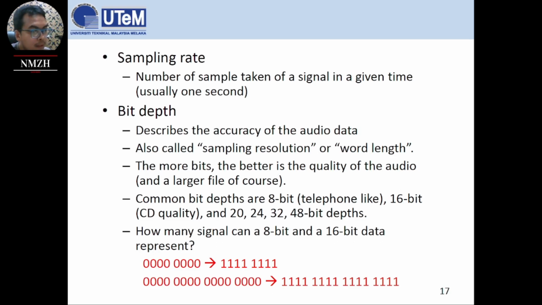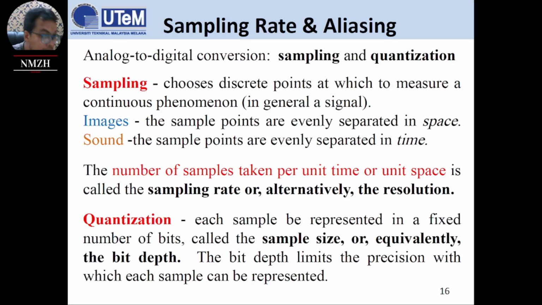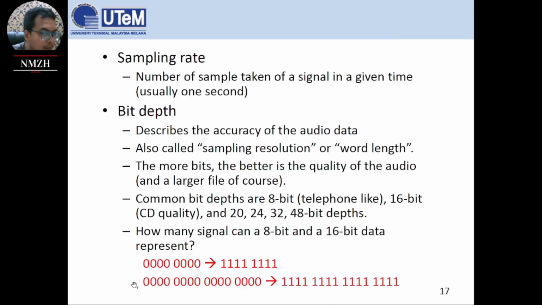That happens on the x-axis. While bit depth, or sample size, remember, interchangeable, is the sampling resolution or width. The more bits, the better the quality of the audio. So for the y-axis, how many choices do we have